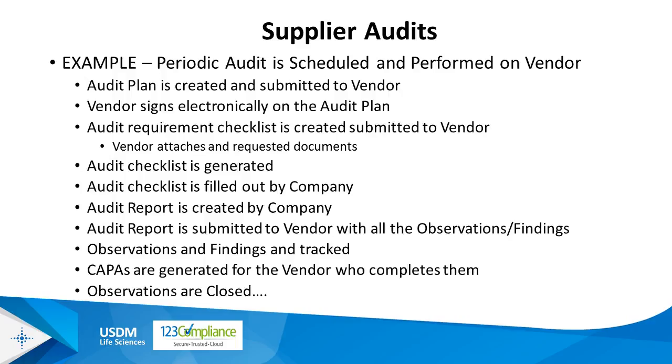And another use case for this would be supplier audits. Supplier audits are a very straightforward use case, meaning there is a schedule where a specific supplier needs to be audited, and then the audit will be launched in your quality management system. The moment it's created, the audit plan is put in place, and that gets communicated online to the supplier that they need to look at this audit plan and provide this requirement. You might ask for specific documents, you might ask for certain information to be entered, and all of this can be done as part of your workflow in your supplier portal,